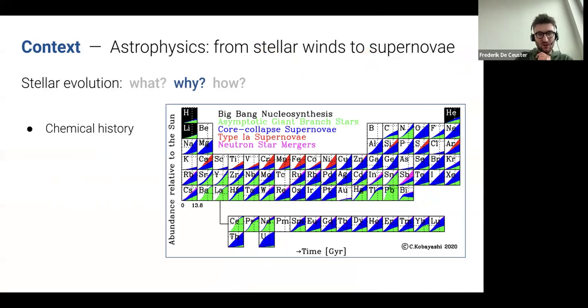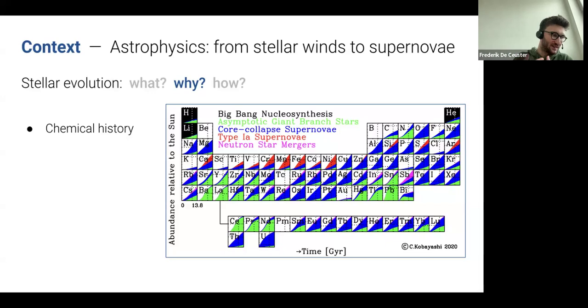First of all, because of the chemical history. Here you can see a periodic system where you can see where all these elements actually originate from. As you can see in green, you have these asymptotic giant branch stars. These are these lower mass stars in their evolved stages as they lose their mass. And in blue, you have the core collapse supernovae. You can see a lot of these elements, if you look at how their abundance evolves, a lot of that comes from these asymptotic giant branch stars and these core collapse supernovae.